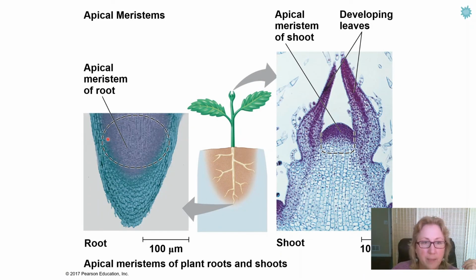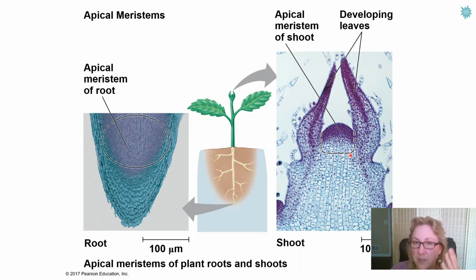The root apical meristem is not right at the tip. There's kind of a harder cuticle layer out here, and where we find the most mitotic cells is in here. If you remember last semester when we looked at allium root tips in one of our labs, the place that we found the most mitotic cells wasn't right at the root tip, but a little bit in from the root tip. That's the apical meristem of the root.